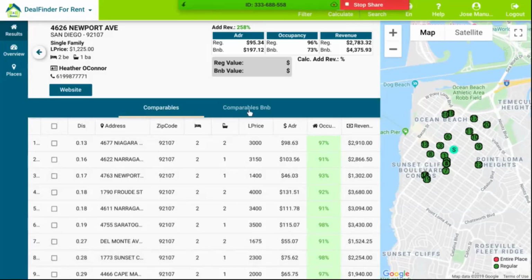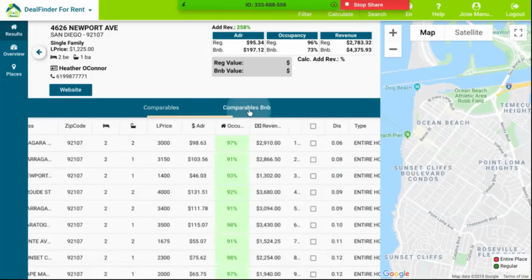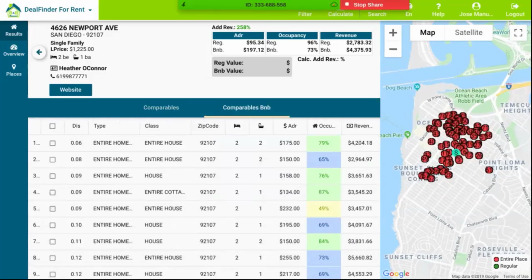And then I'm going to be able to compare them also with some of the properties that I may have in the VNB market. For example, if the property in this case is 2 bedroom and 1 bath, I can select all of the properties, or I can pick the ones that I want.